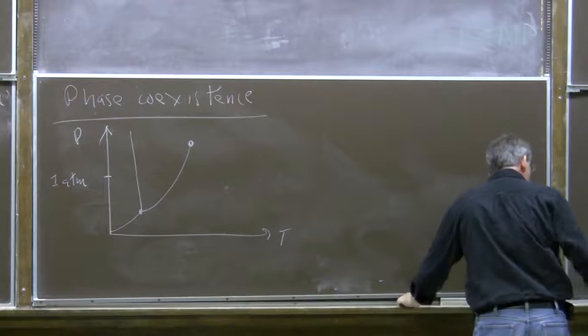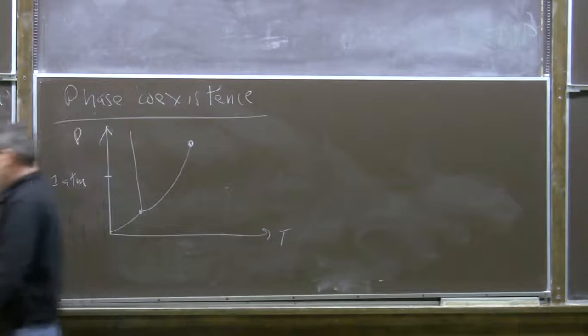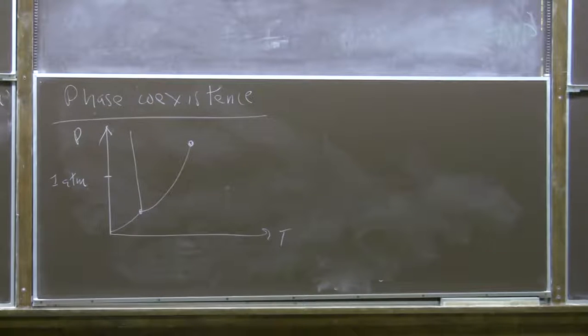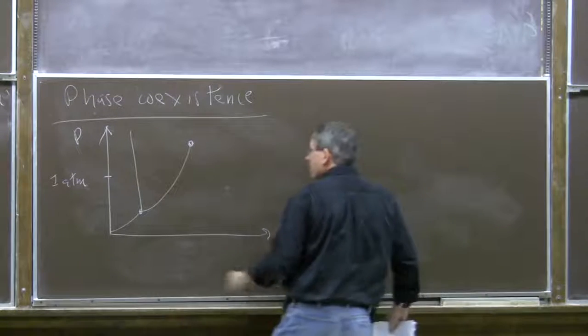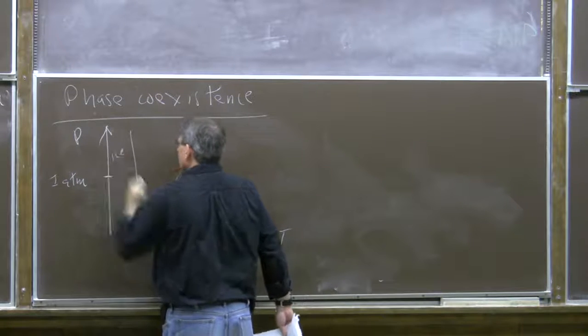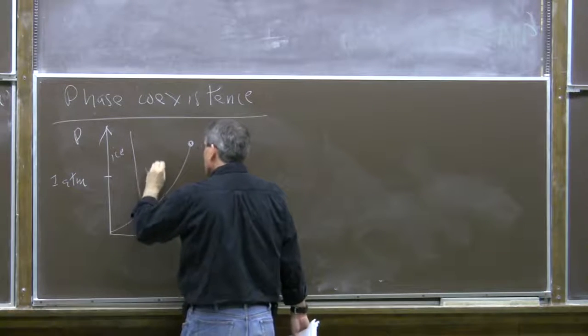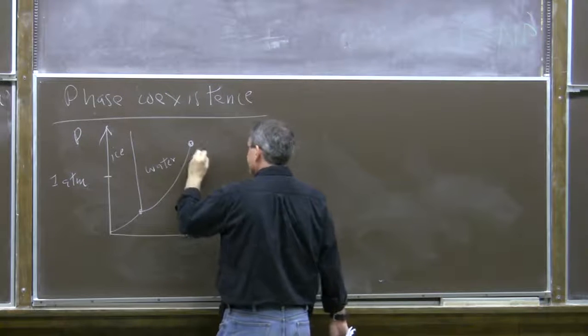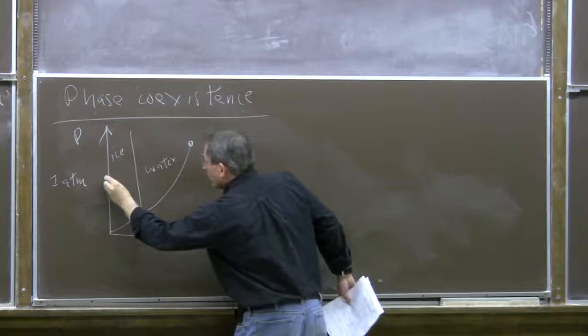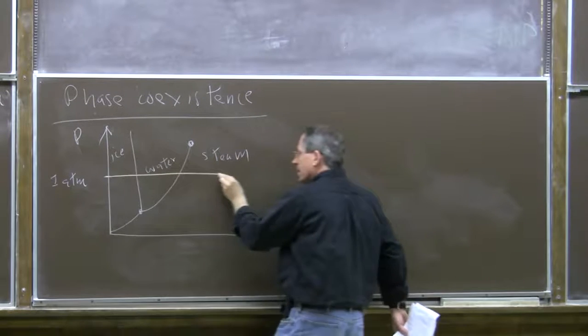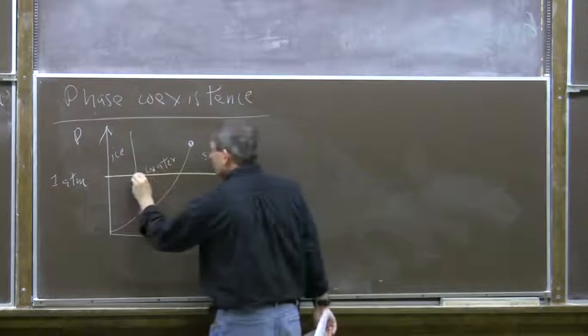So if we consider that fixed pressure, the pressure in the lab, varying the temperature, there will be 3 phases: the solid, ice, the liquid, water, the gas, steam. So at 1 atmosphere pressure, as we increase the temperature, we'll encounter 2 phase transitions,